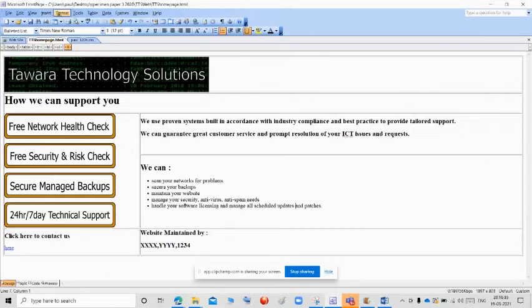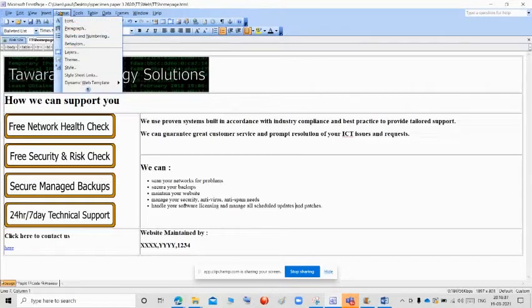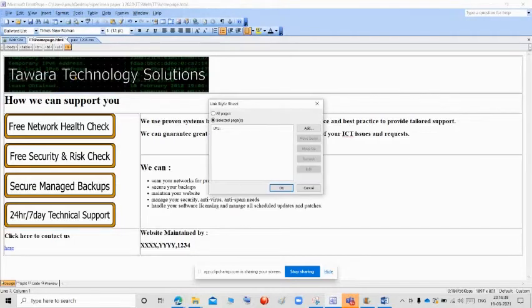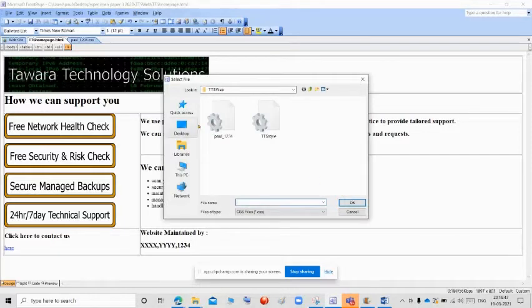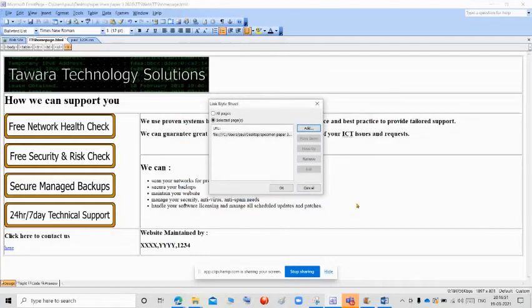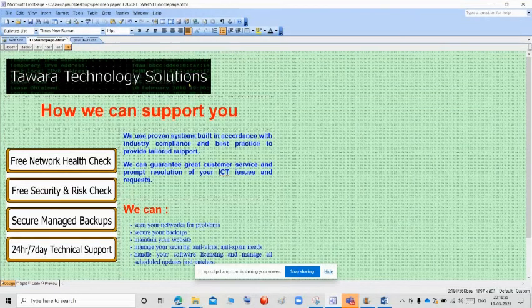First go to the format, click style sheet links, click add, and select a file on your computer. After that, select the file which you renamed. Click OK, and click OK. So now we insert the CSS file into the HTML and click save.